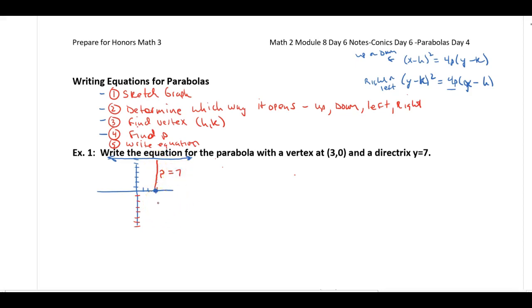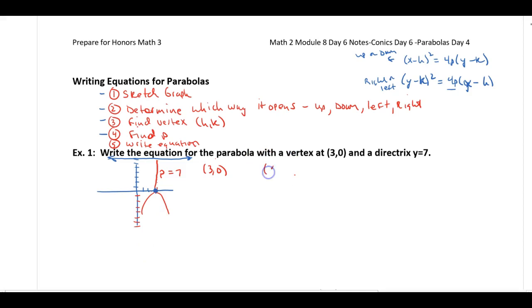So we have p, but now we need the vertex, which is 3, 0. Now if I look, remember,